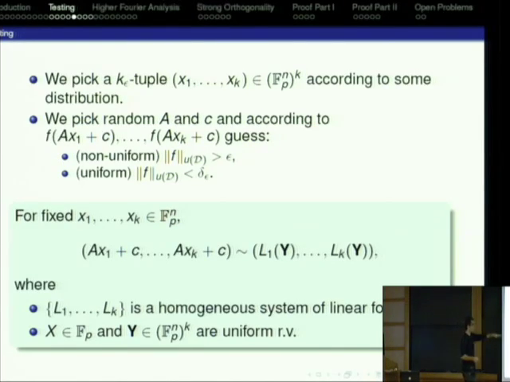Now, if you look at some fixed points x1 to xk, then what is the distribution of Ax1 plus C to Axk plus C, where A and C are random? This will be the distribution of some linear forms L1(y), L2(y) to Lk(y), where y is a uniformly random variable. These linear forms come from the linear structure of these points. So after applying this random step, everything goes to the linear form setting. And since the number of linear forms in k variables is finite,